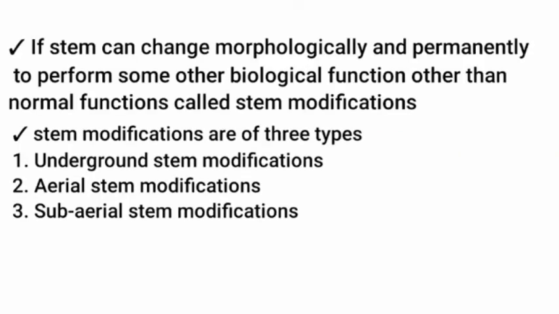If a stem changes morphologically and permanently to perform some biological function other than its normal functions, it is called a stem modification. Stem modifications are of three types: underground stem modifications, aerial stem modifications, and subaerial stem modifications. Let's see the very first type of